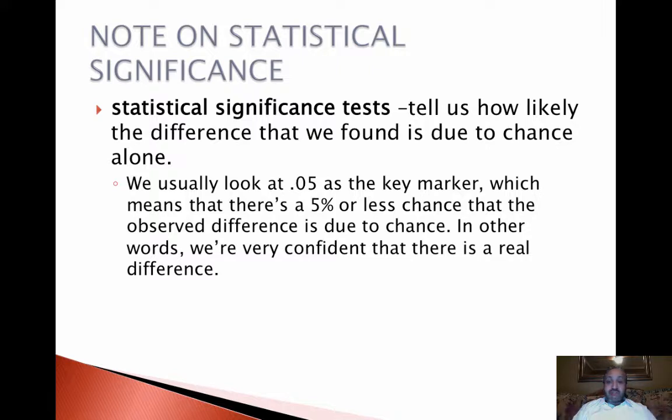It's just due to chance. It's just due to the sample. That means there's a great chance, like 95% chance, that just the opposite is true, that the observed difference is not due to chance. In other words, there's a real difference. We're confident that there's a real difference. So some people get confused by that. The lower the p-value, the more confident that we are that there is a difference. Okay? So for example,